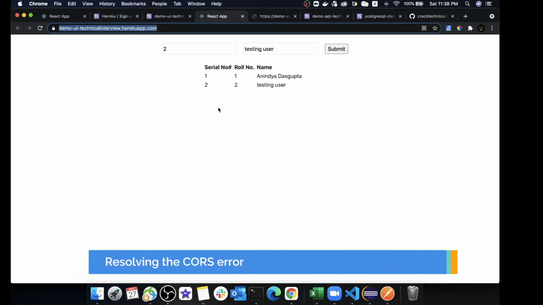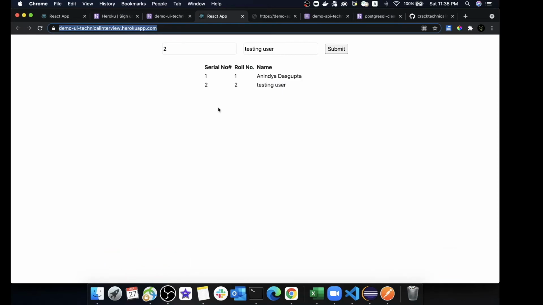What basically happens is, due to security reasons, the browser does not allow communication between the two servers. In the real world, you cannot communicate between two different servers running on different ports without a particular authentication. Without a proper authentication mechanism, our browser doesn't allow our UI to talk to our backend if both of them are deployed on different servers.